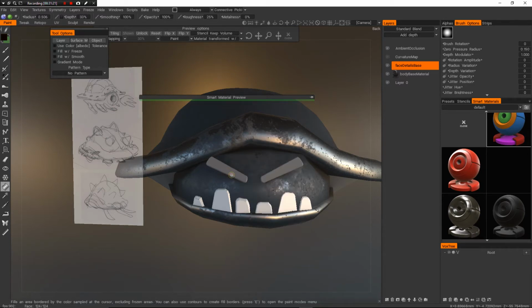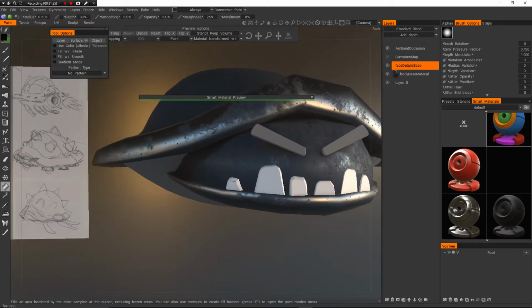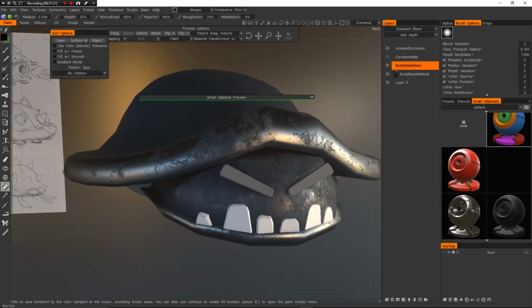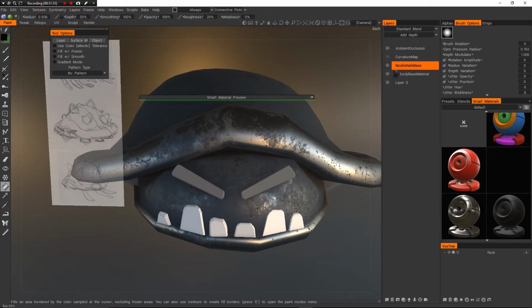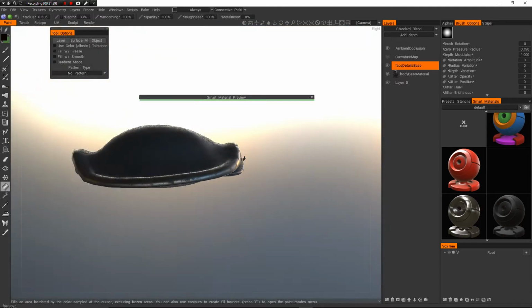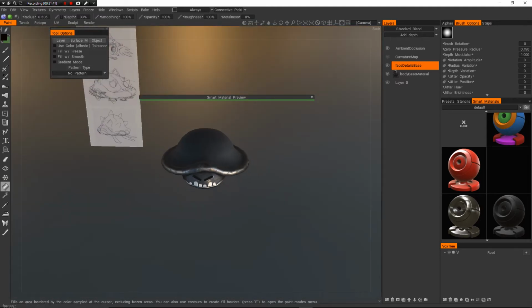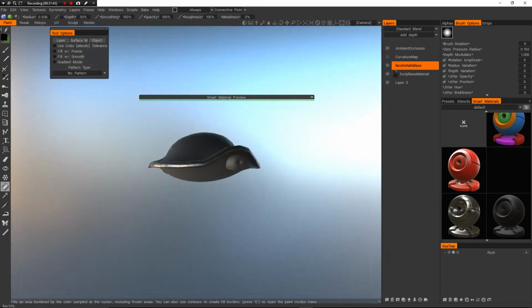And I'm going to fill in the eyebrows. Oops. Make the roughness 100%. So now I have those eyebrows going as well. So I have a kind of angry face. So